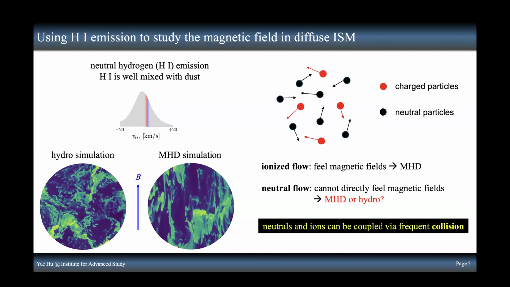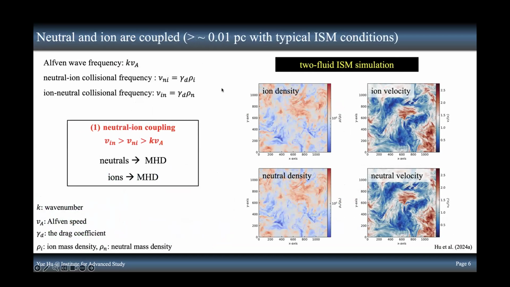And it's important to note that charged, ionized particles are not isolated from the neutral particles. Charged particles can collide with neutral particles. Therefore, if neutrals and ions have frequent collisions, they can be well coupled. So in this case, if we have sufficient collisions between neutral gas and ionized gas, the MHD properties from ions can be transferred to neutrals